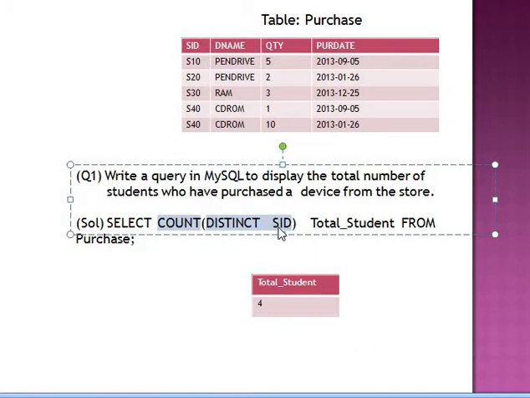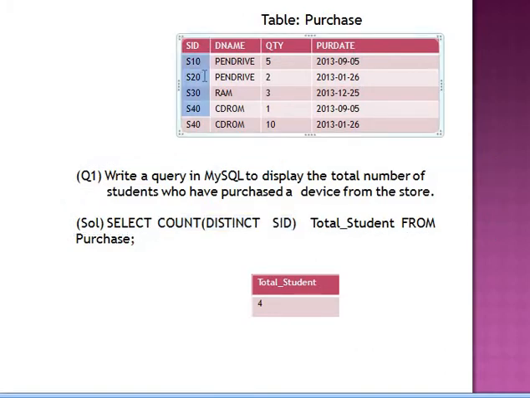So when we say distinct SID, I am taking this set of rows, eliminating the duplicate entry of S40. So distinct SID returns this set of rows, and if I apply this count function on this set of rows,